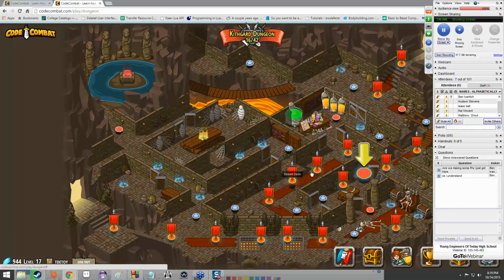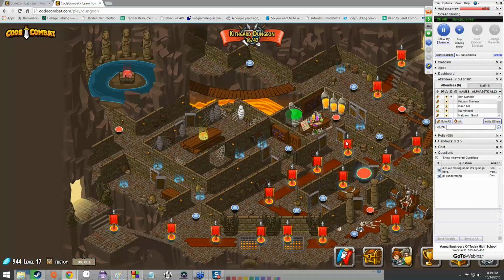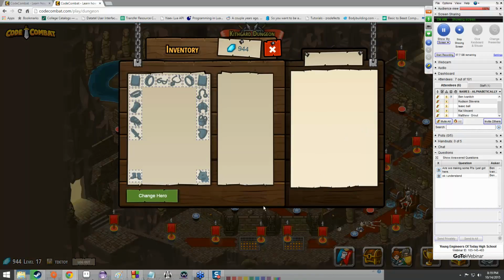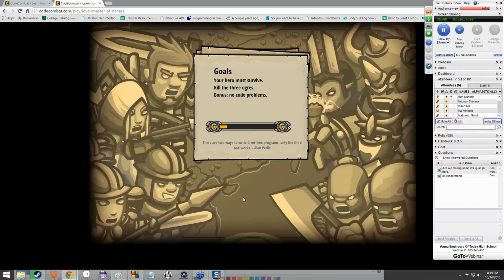Let's see here. Yes. That brings us next to master of names. I know I skipped a couple in order to get there, but master of names introduces, wait for it, yet another important part of programming. Well, what is that, you might ask? I'm glad you asked, I might say, and then click play, and wait for it to load.